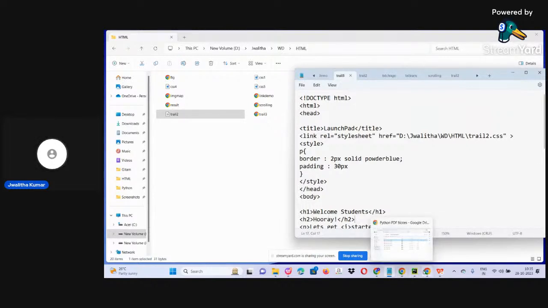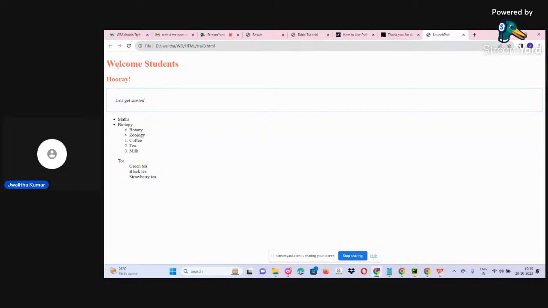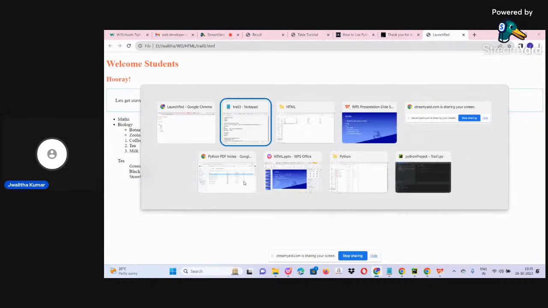Okay, I'm simply going to open the same thing and reload it. Let us see how it works. See, "welcome students" is in tomato, "hooray" is in tomato. So now wherever I use H1, H2, H3, there will be a change in the color to tomato because I am